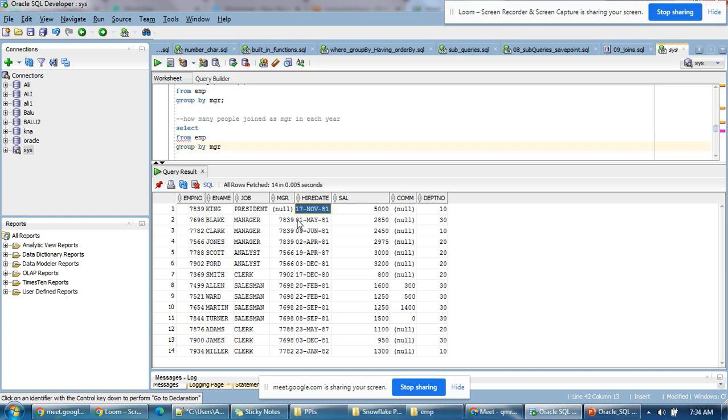17th November is individual, May 1st is individual, and all of them are individual. So you will get as many results as there are distinct values for the hire date. But my question is each year, I am not considering any date and month here. Okay, how can I do that? First of all,